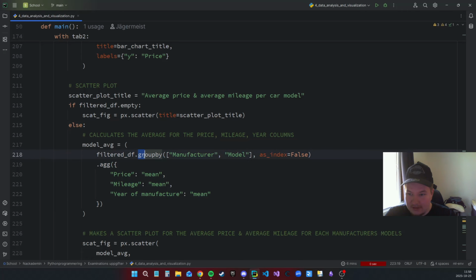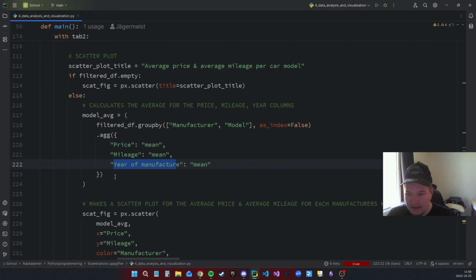I start by grouping the filter data frame by manufacturer and model, and then I perform an aggregation where I get the mean of the price, the mean of mileage and the mean of the year. And then with this new data frame,